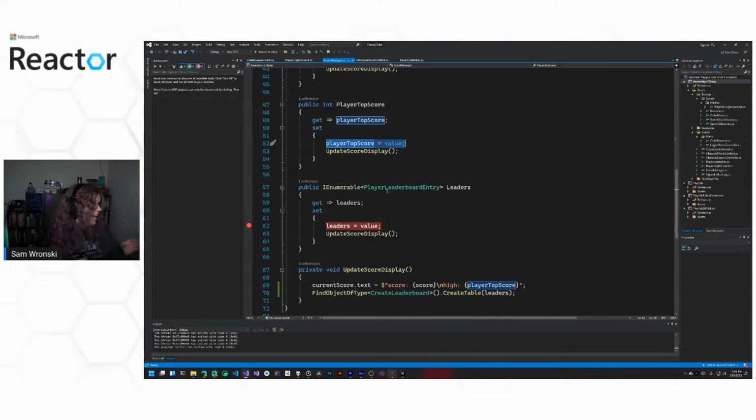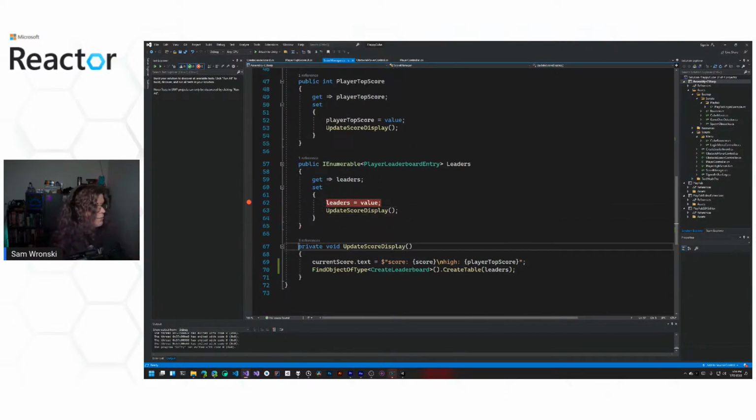This is not efficient, but this is a demo, and I'm trying to get the parts that we're trying to show to work, and how you want to handle the UI updates and UI in your game is going to change. So I don't want to spend too much time showing one way when there's lots of different ways that work. So anyway, what ends up happening is we call an update score display, which assigns our score and the high score to the text box at the top and finds our create table option or object and assigns the leaders there. This one, I didn't make a singleton because reasons.